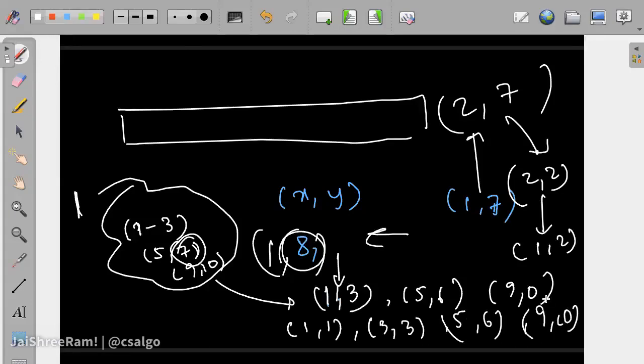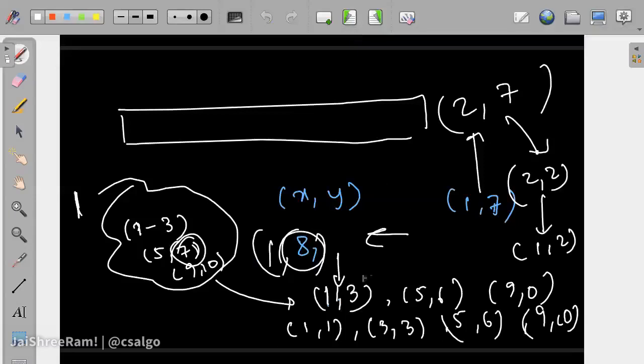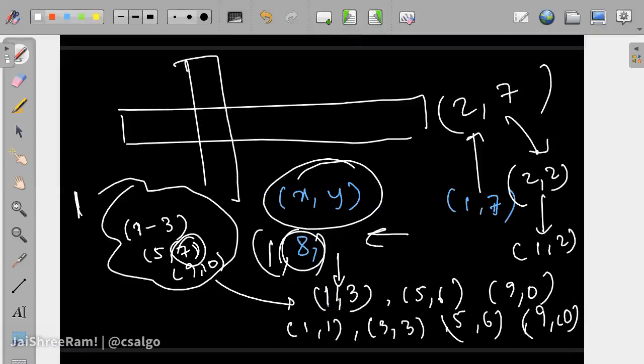So this is how we would be maintaining things in each of the rows and each of the columns. Now note that when you are going into a cell x comma y, you need to do this for the row as well as for the column. I'm not showing the things for the column, but similar things will be done for the column as well. When you reach a cell, you need to delete that cell from the column ranges as well.